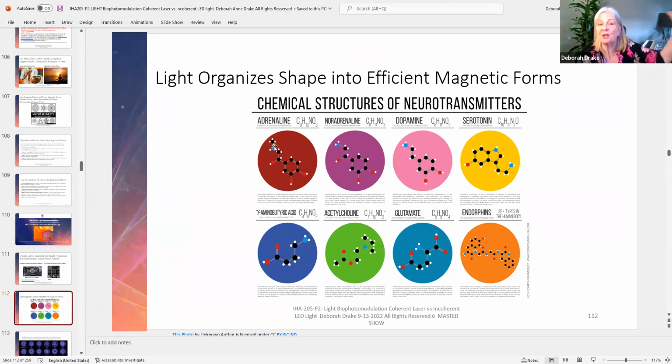So we have to listen to the good vibrations of our food and the light that comes into us, captured into these chemical structures called neurotransmitters, which, by the way, notice they all have crystals in them, such as a round, circular, carbon-based prism.